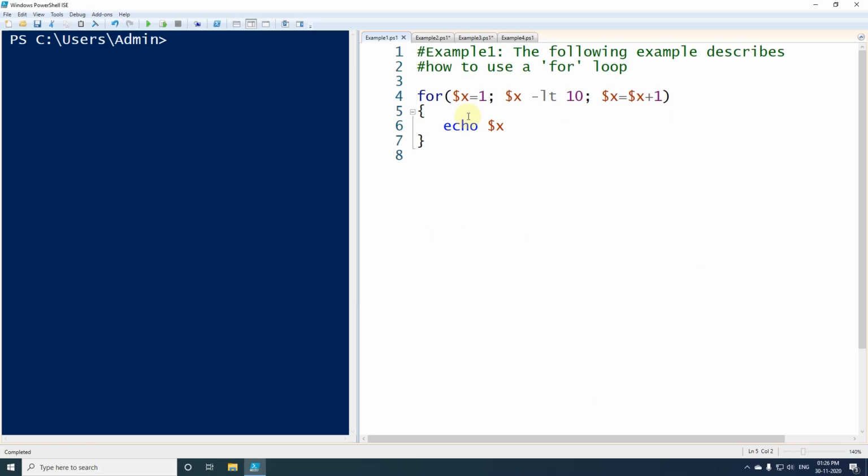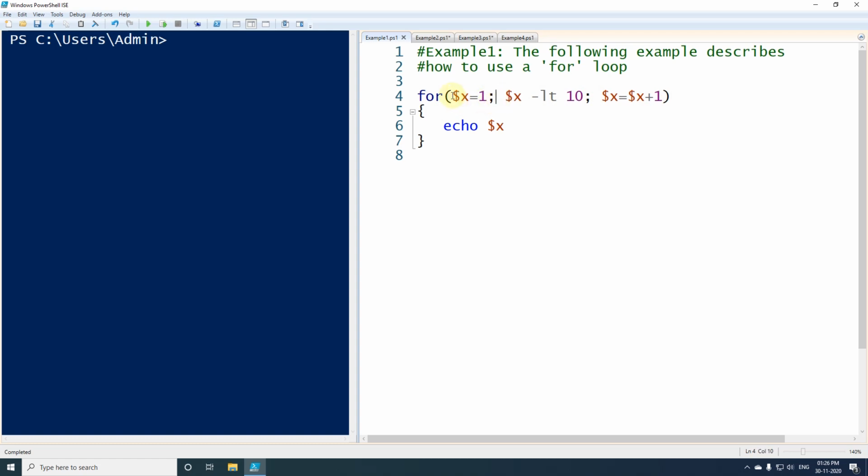And now we will try some hands-on so that we can get some practical knowledge. Here I have opened PowerShell ISE. Now we will be seeing some examples one by one. Starting with the first example, here we will be seeing how the for loop works. This is how we define the for loop. First we have to use the for keyword, and here you can see that we have separated these three expressions with semicolons.